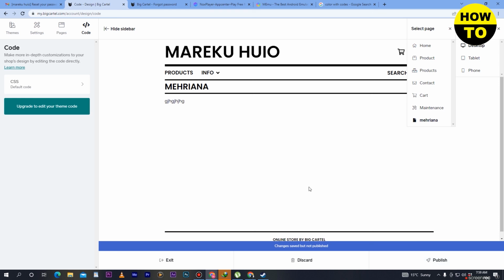So in this way you can set up a store and publish it easily. So this is a very easy method to set